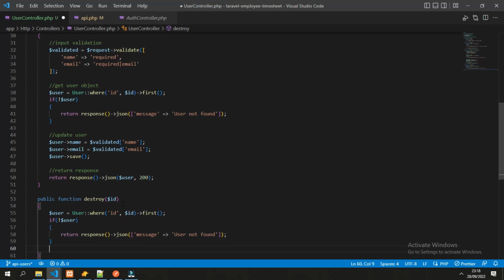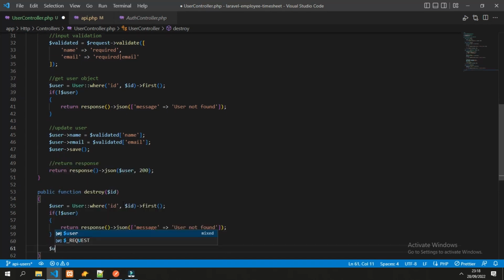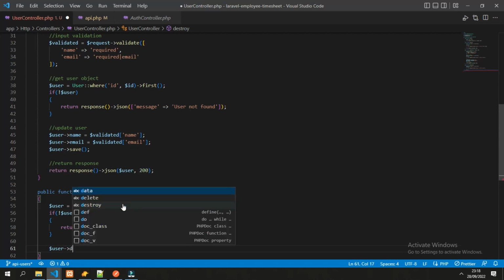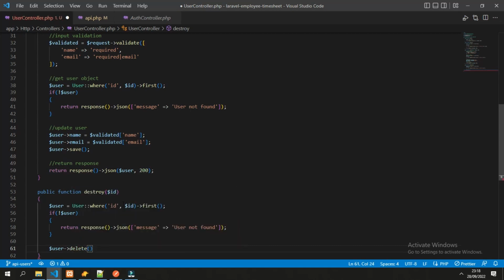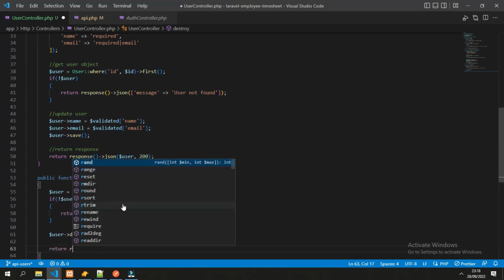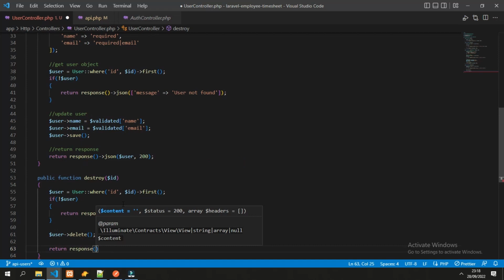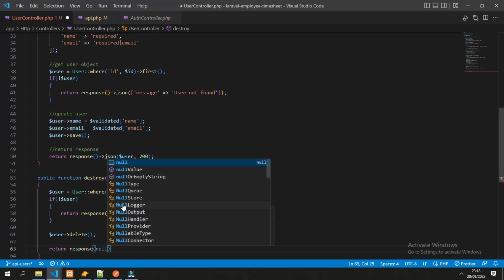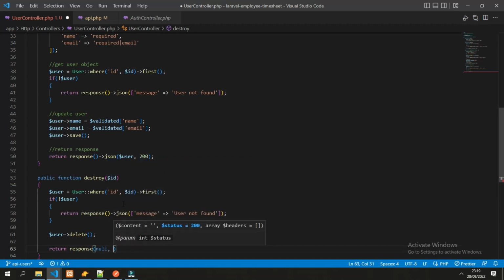And what we need is to just delete the user. So user function. For the response, for delete, it is usually a null response. So we don't expect any return object, and the correct status for the null or no content response is 204.